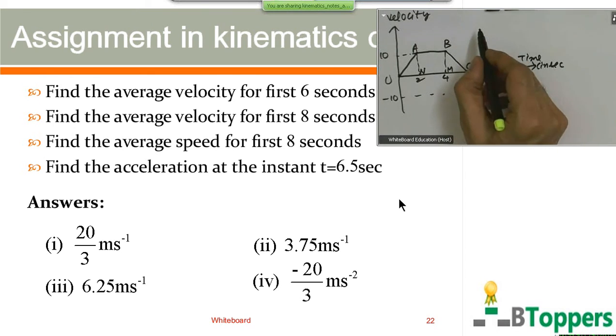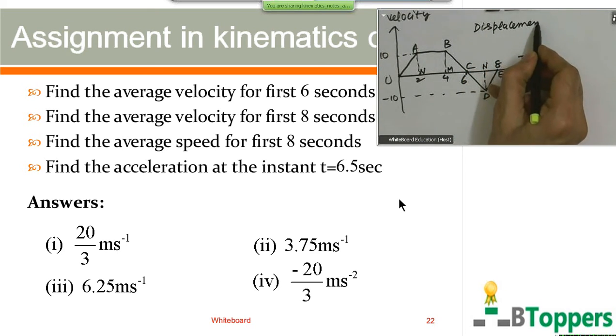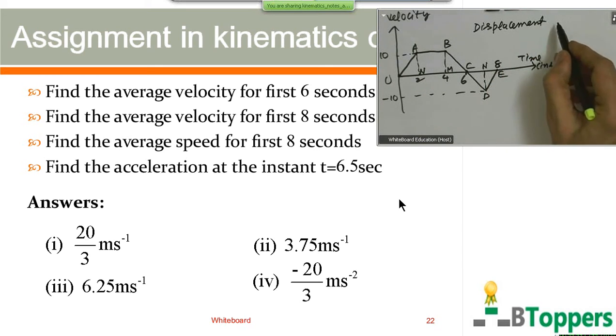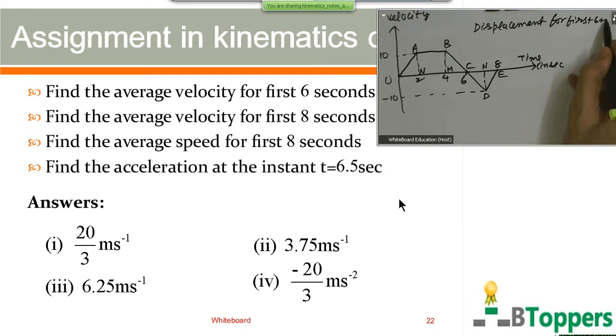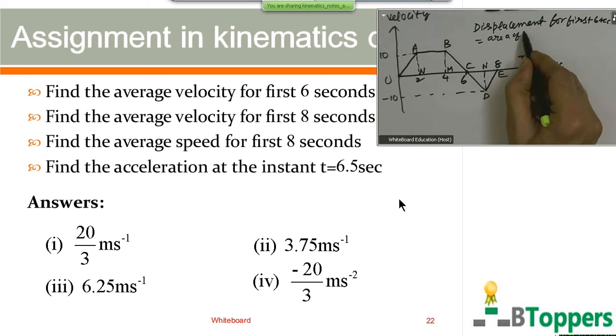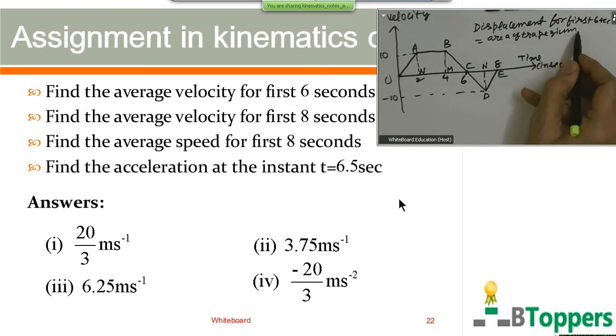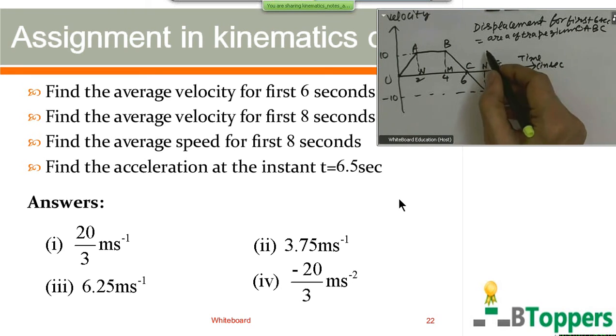So displacement covered for first 6 seconds is equal to area of trapezium OABC. The formula for area of trapezium is equal to half into sum of the parallel sides into perpendicular distance